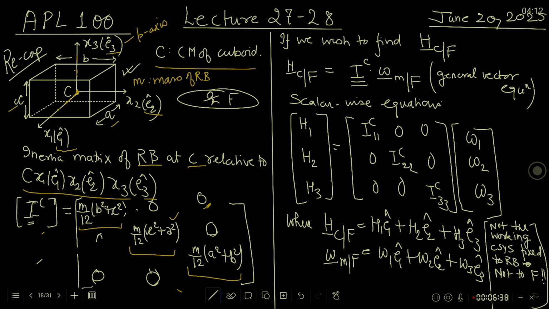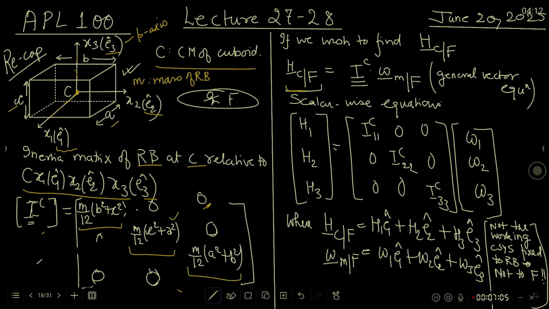I did inform you about the motivation before I started this topic. But since it has been a long time, I want to remind you again that I am worrying about the inertia matrix because it helps me find angular momentum of the body of interest